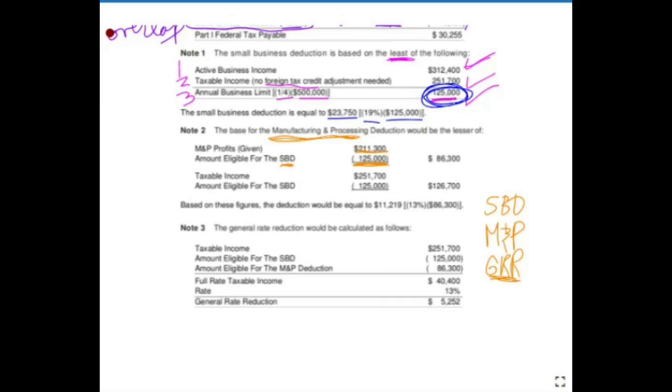Manufacturing and processing, if there's anything left. If we had done the small business deduction number on 500,000, we would have none left to use, right? Because 211,300 minus 500 is negative. There's nothing left. We're done. But in this case, we were limited and we only used 125,000. So we have